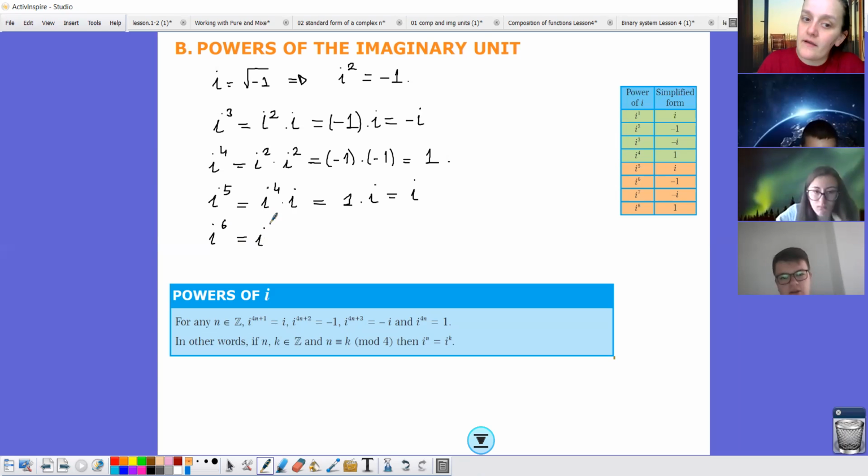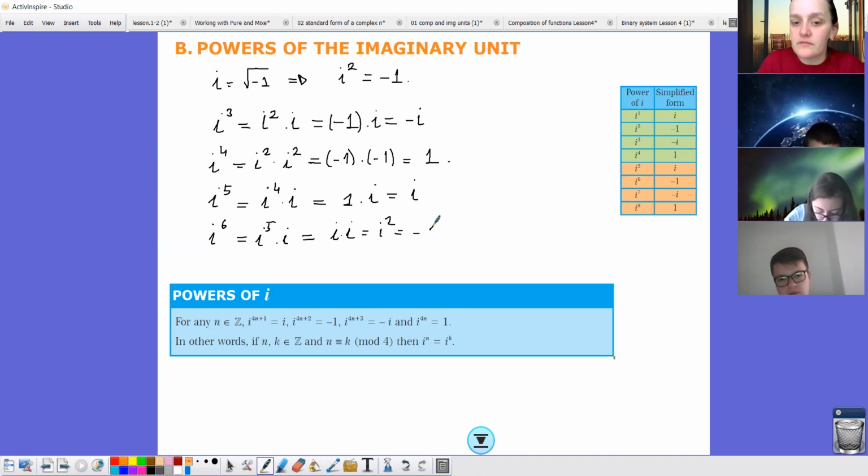i to the power of 5 times i. You have here i to the power of 5, which we found is i. So it will be i times i, which is i squared, and it is -1. Yes? Then if you continue,